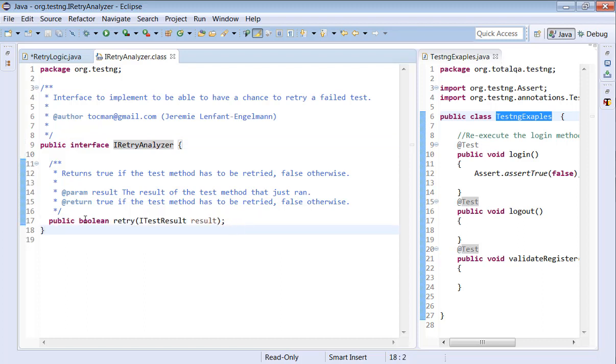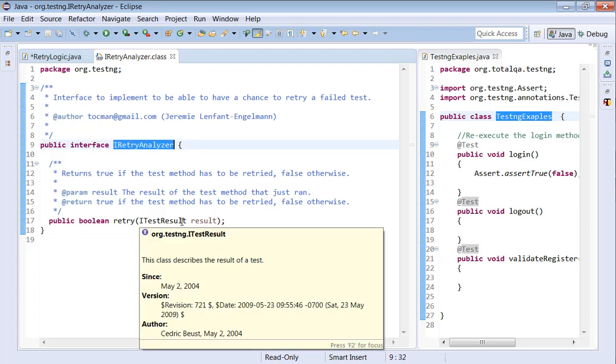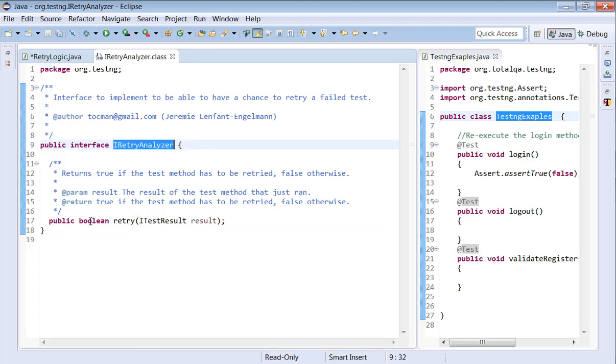It is an abstract method, but there is no abstract keyword because in an interface, methods are abstract by default, even if you don't mention the keyword, and there is a semicolon here. So the classes which implement IRetryAnalyzer have to provide implementation for this method.